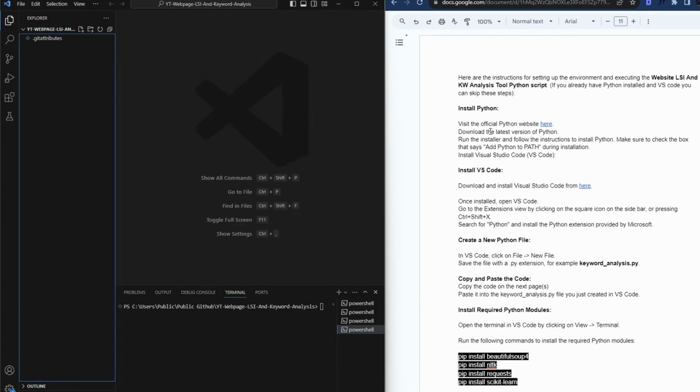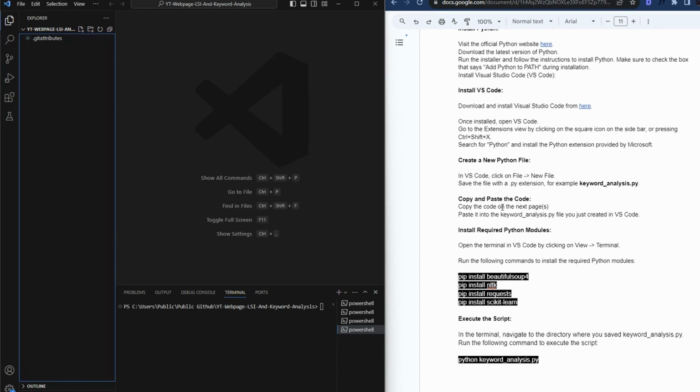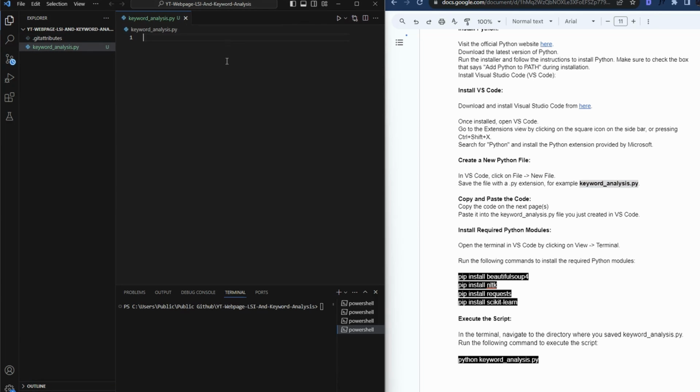You should have this page open here if you have gone to the Ambitious Hub and grabbed the link. It'll bring you here. Once you're on here, we've got Python, we've got Visual Studio Code. The next thing it's telling us to do is to create this Python file. So we just copy it. We go over here and just press this button here to create a new file, paste, enter. We've got our new file.